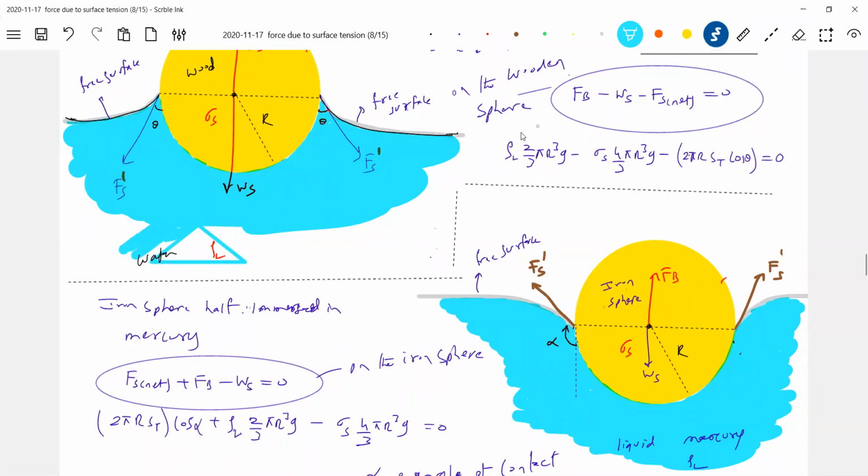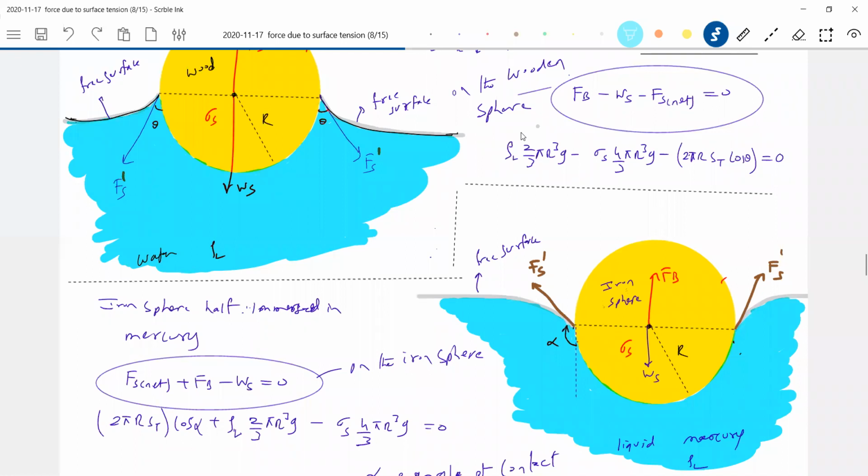The molecules which are there below are trying to pull them down. Somehow the molecules which are there on the top will manage themselves. So they are under stress. They're not happy. They're struggling a lot to retain their position. They are trying to support one another. One molecule will try to support the adjacent molecule. So they'll exert extra force to retain their position. That extra force per unit length will be the surface tension. And how will that force act? Tangential to the free surface. And it's a cohesive force. Getting the idea now?